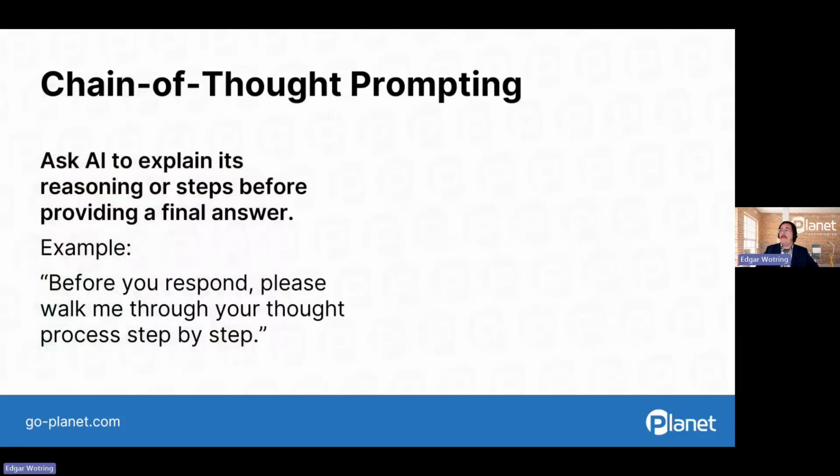Another example we noted earlier is this chain of thought prompting. Chain of thought is asking the AI to explain its steps before giving the final answer. Now, this is not to say that the AI is thinking like you and I think as humans, but we are requesting then that AI write out or provide its reasoning, so to speak, in words. Seeing those steps helps us understand how the answer was created, and it lets us catch potential mistakes earlier.